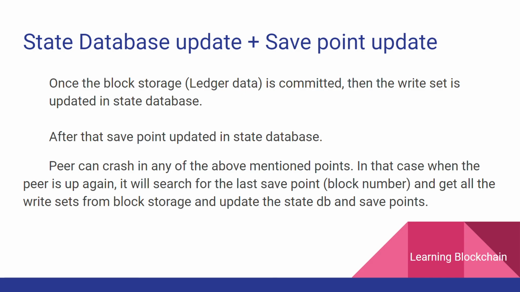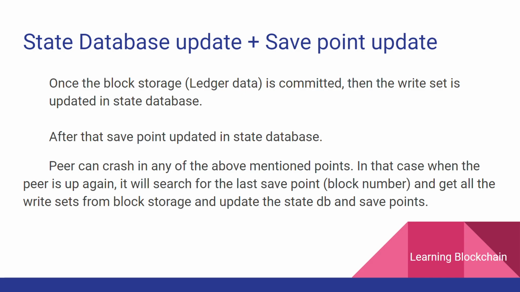So once the block is committed inside the ledger, after that the write set of that particular transaction is updated inside the state database. And after that, there is an update of the save point. The first time we are updating the save point. Save point basically is the block number, the latest block number which is present